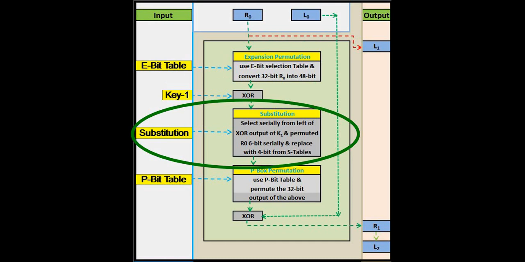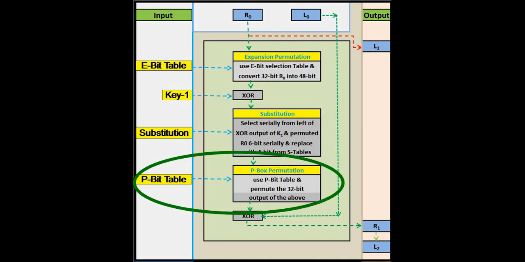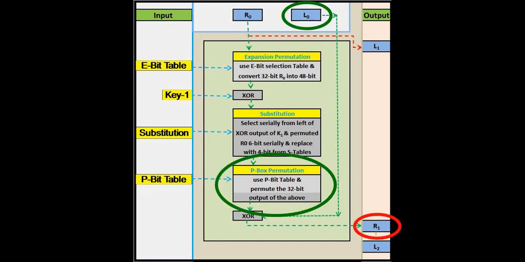This 48-bit output is split into 6 bits each and its value is taken from the substitution tables. The output of the substitution table is permuted using the P-bit table. XOR the output of the P-bit permutation with L0 that we kept aside in step 1.